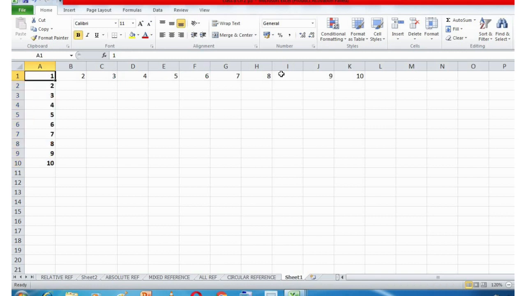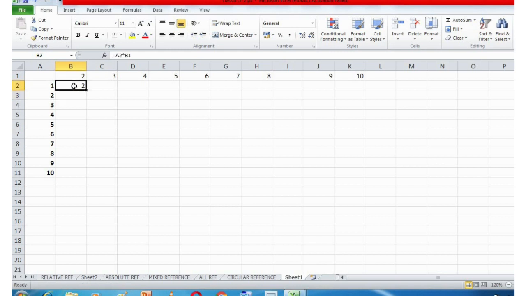Okay, using the mixed referencing. How? See, over here I need to shift this over here. Now students, what is going to happen in this cell? Whatever value is coming in this row, this 1, is going to get multiplied with this 2. So when we do that, equal to this into this. So 1 into 2 is 2.